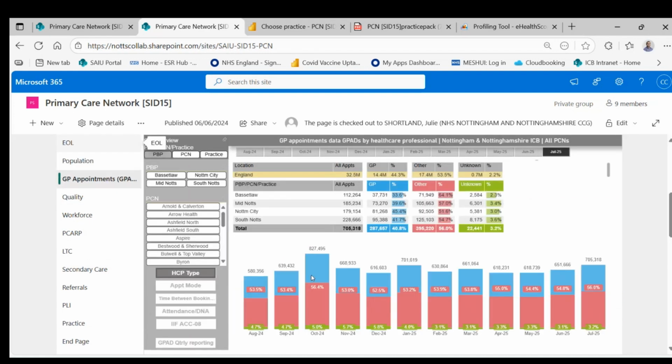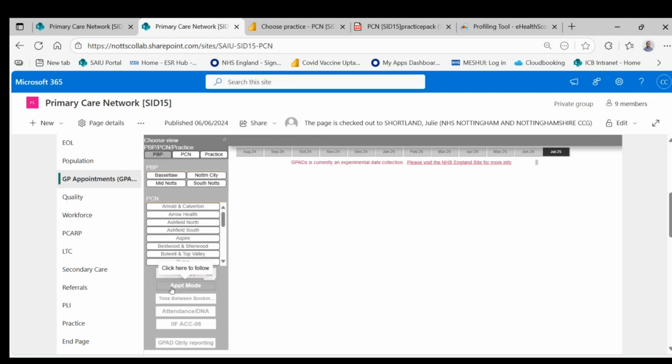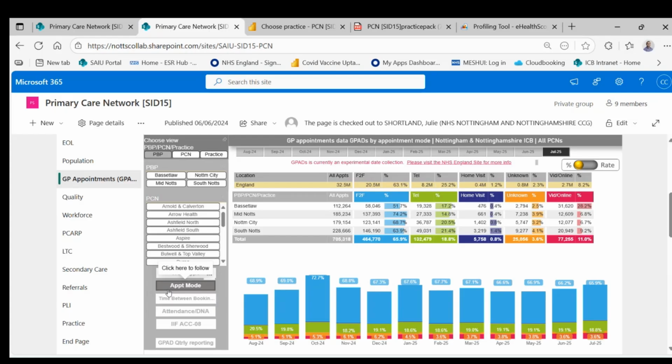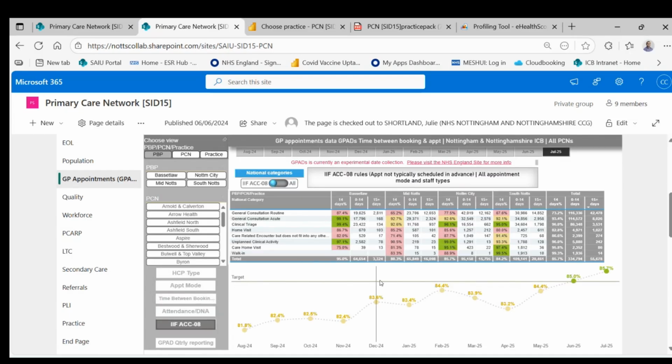We can move on a little bit more to the various measures around the GP appointments data. We have to take this with a pinch of salt, because there are still some data quality issues with the GPADS data, but we as an ICB are getting monitored on some of these things. So we've had to go with what gets published. This information all gets published by NHS England, but in a format that's not particularly helpful to look at. So we transform it in the dashboard,